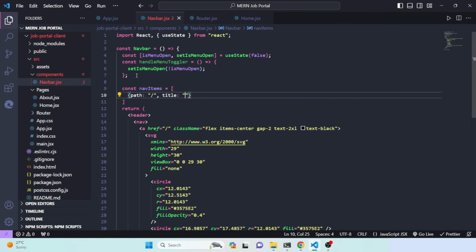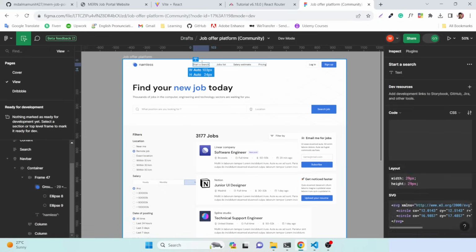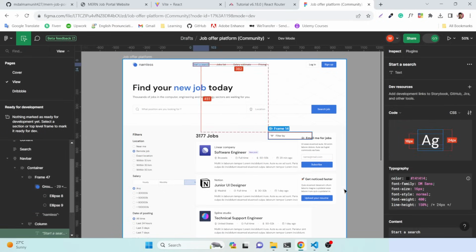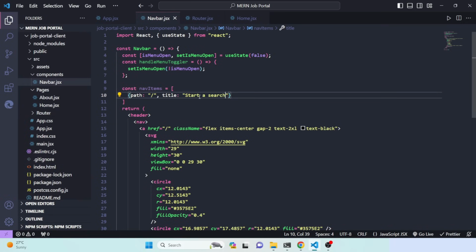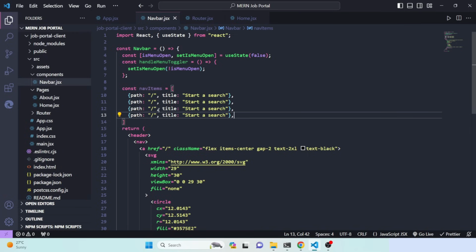The title would be, okay, let me copy it from the Figma. It would be similar like this one, then we'll use a comma. Then let me copy it for 4 times, and then the second one would be my job. Okay, here we'll define the title would be